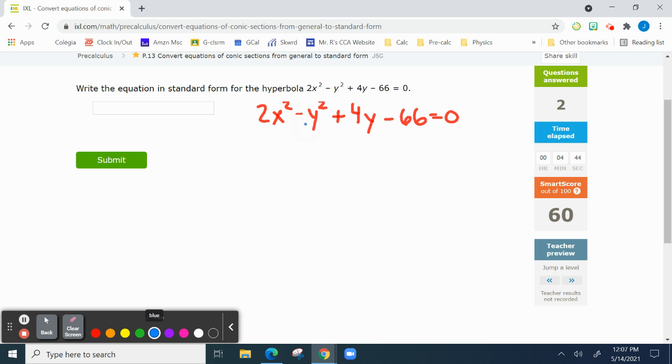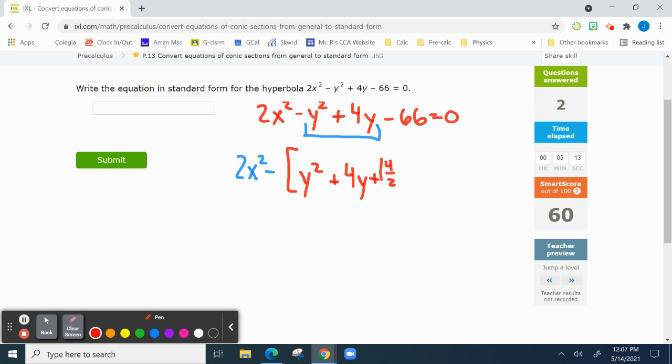It's going to be 2x squared minus, and then we're going to do this completing the square thing, which is going to go like this, y squared plus 4y, and then we're going to go plus